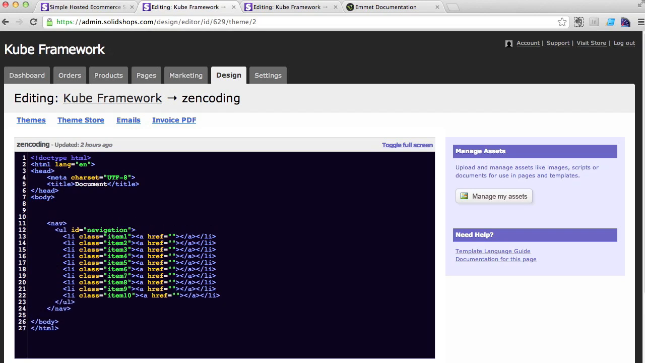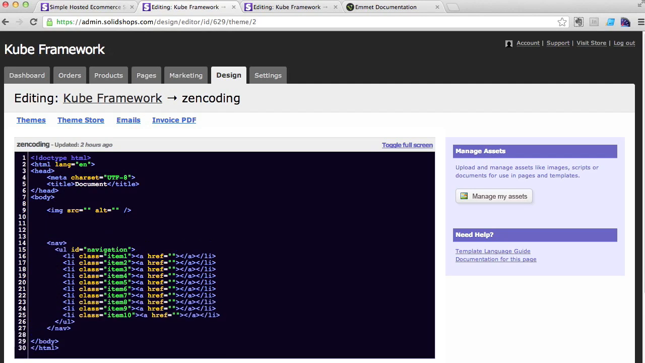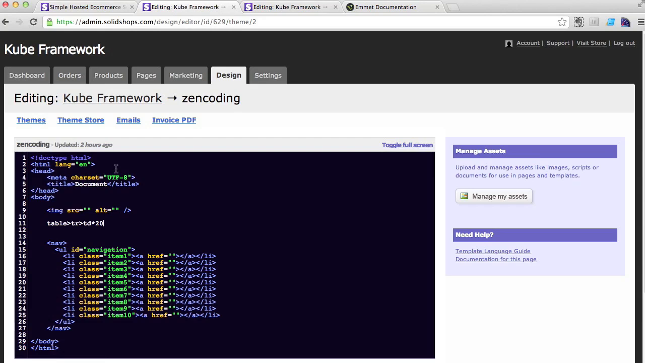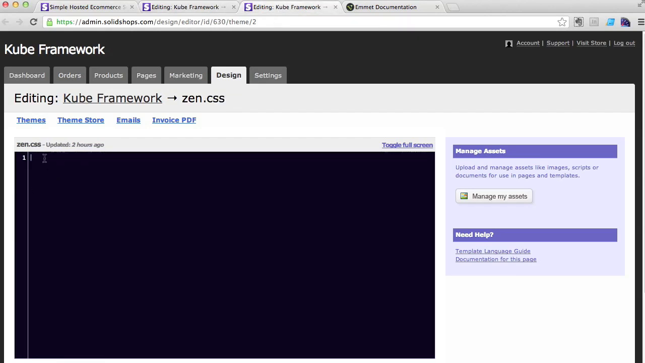Now, sometimes it's easier than this. You just want an image tag, but you don't want to type it all yourself. You just want to say, I want an image tag, and press the tab key. Same for any other tag you may know, like a table, for example, with a table row and, I don't know, 20 table cells in it, and done. So that speeds up your code tremendously, if you ask me,